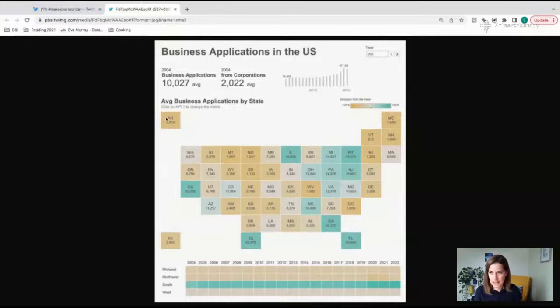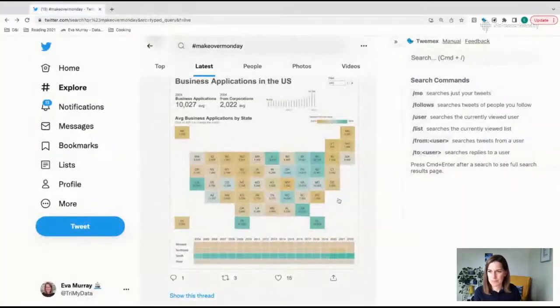Average business, so I would spell that out. Click on KPI, change the metric. But where is this KPI thing? I can't obviously do it in the image anyway. There wasn't a link, but I don't understand how the clicking would work. And the bottom chart isn't explained at all. I see it's the regions, and I see it's across the years, but I don't know what this chart is actually showing me. So you'll have to explain that as well.